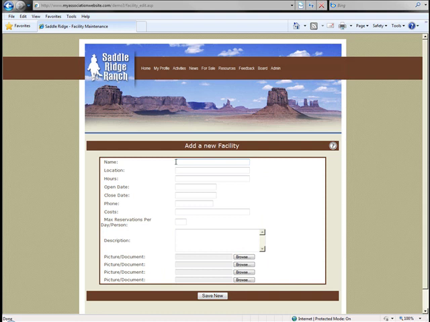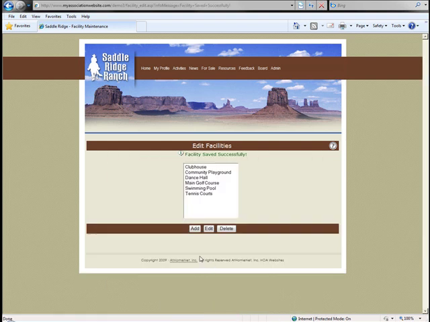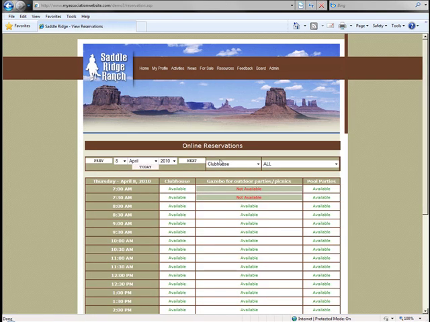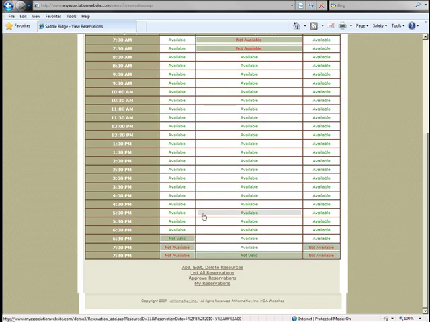The only required fields are the facility name and the number of maximum reservations per day per person. Then save your facility. Once the facility has been created, you can then go to your reservations feature. Once in the feature, you're going to want to go to the Add, Edit, and Delete Resources link